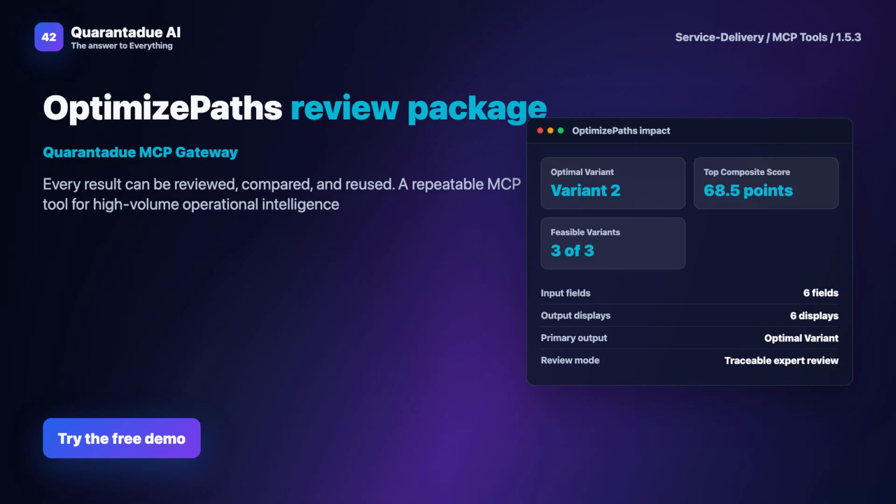To close, OptimizePaths empowers you to make smarter service delivery decisions. It turns complex variant analysis into straightforward recommendations, saving you time, money, and resources. If you're ready to optimize your paths,